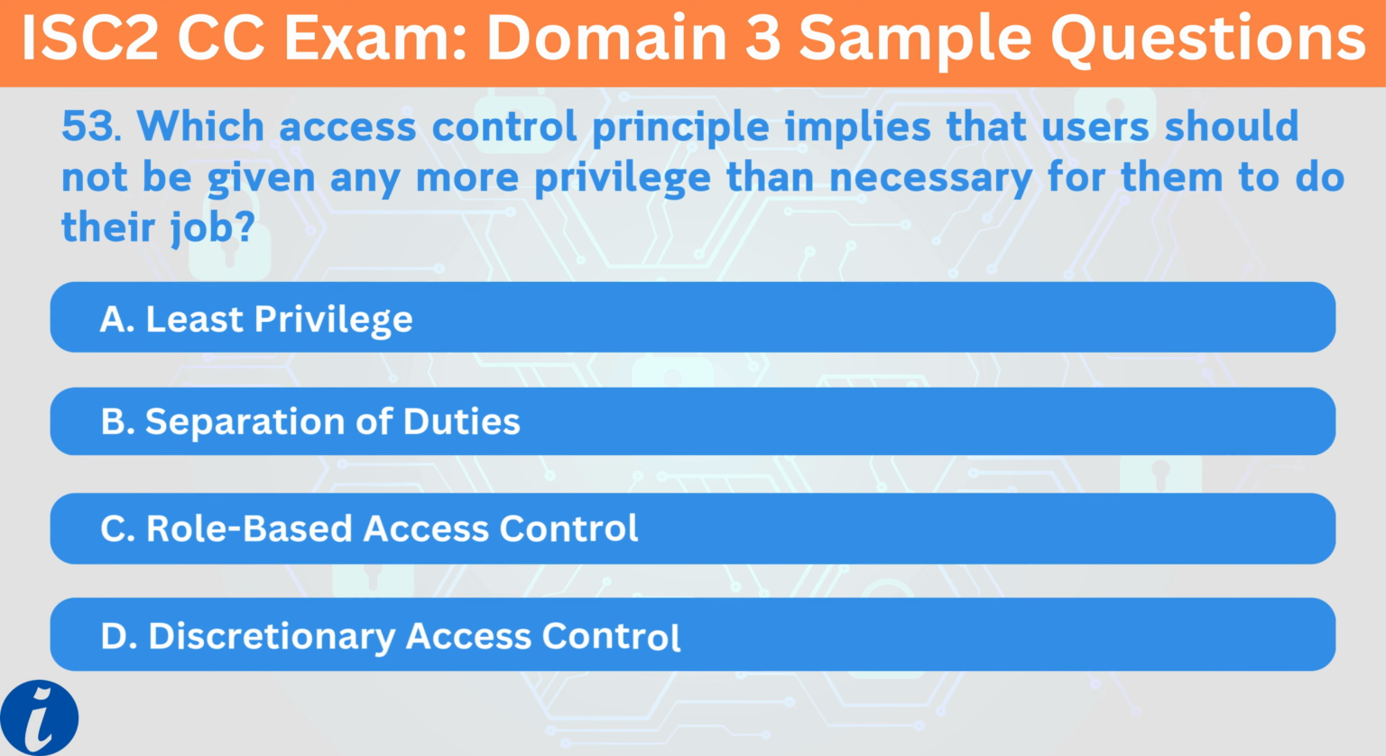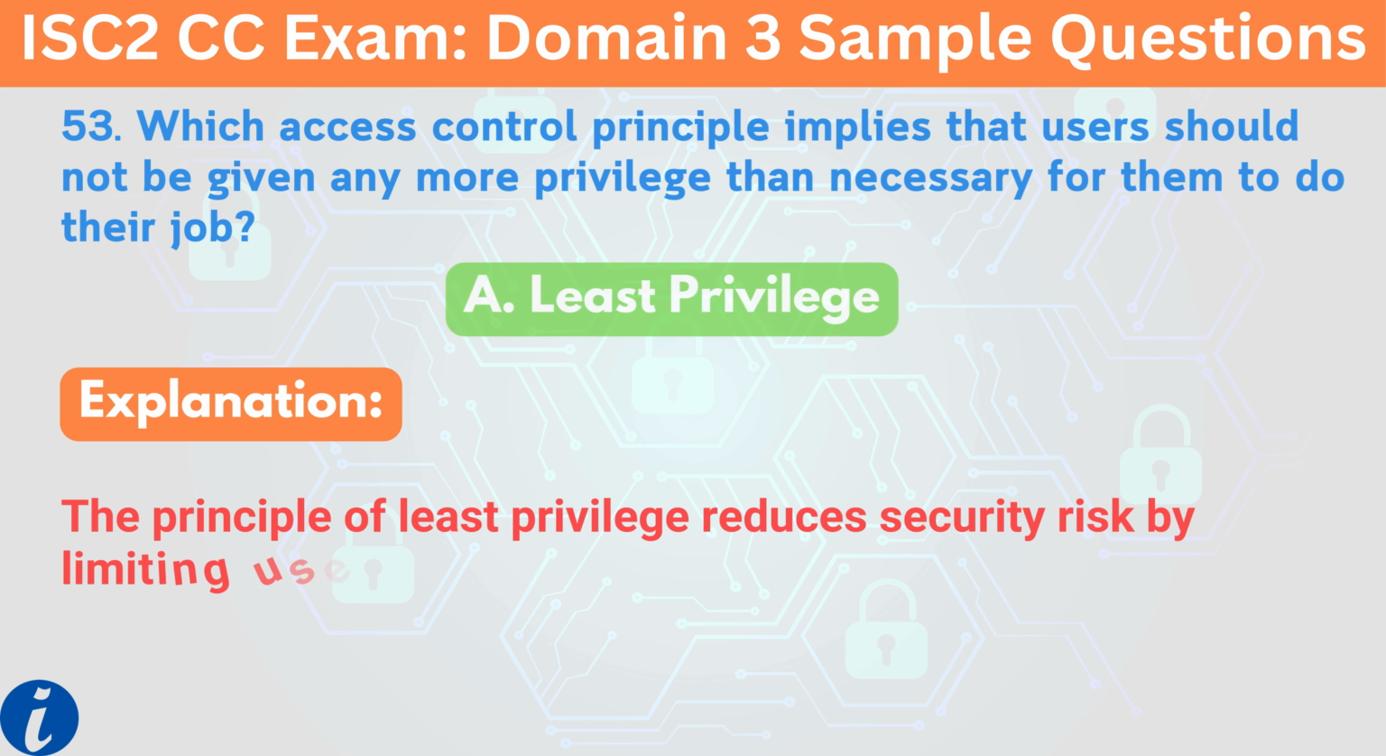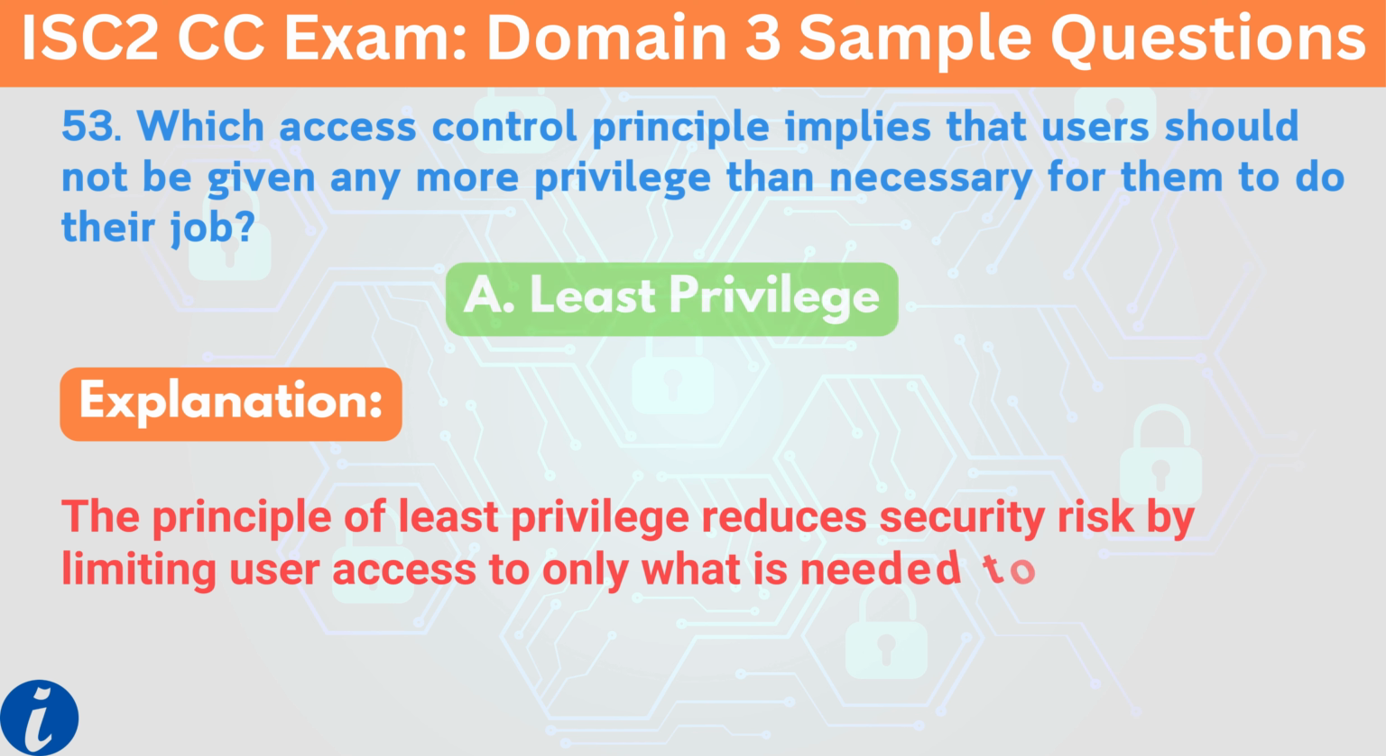53. Which access control principle implies that users should not be given any more privilege than necessary for them to do their job? A. Least privilege. B. Separation of duties. C. Role-based access control. D. Discretionary access control. The correct answer is A. Least privilege. Explanation: the principle of least privilege reduces security risk by limiting user access to only what is needed